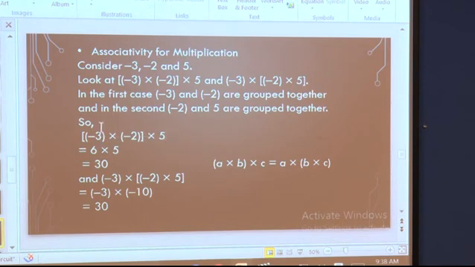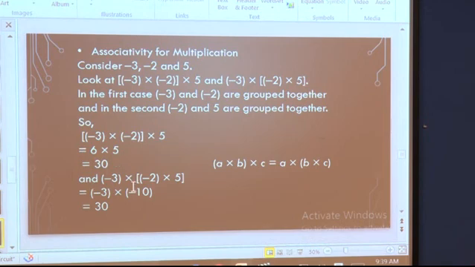Here you know multiplication means 3 2s are 6. You know it is two negative integers, so we get a positive integer, so it is +6. Multiply by this 5 as it is. So 6 5s are 30. So you can do this very easily, and when it is your own numbers also you can take and do it.